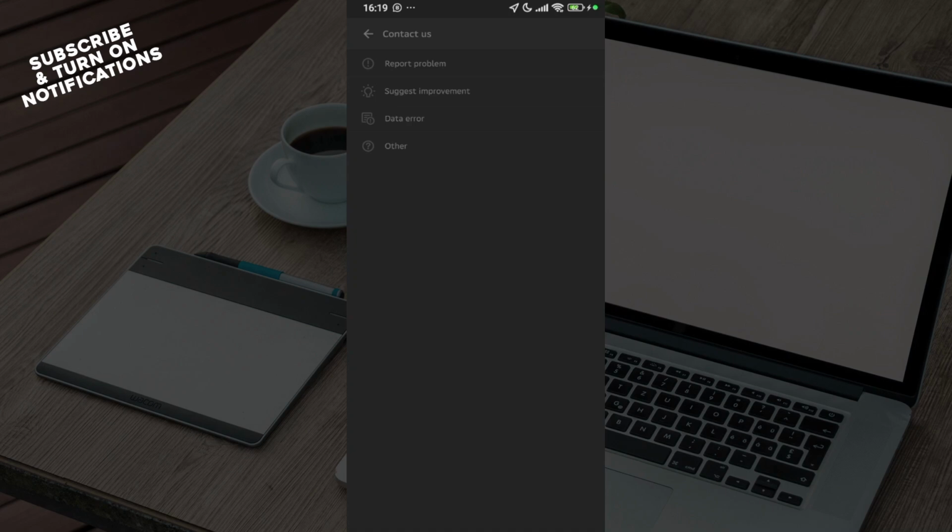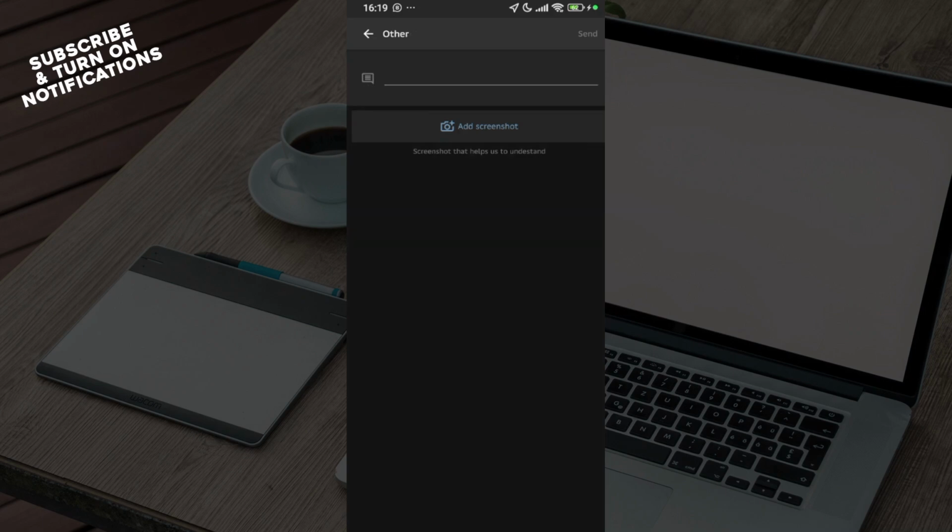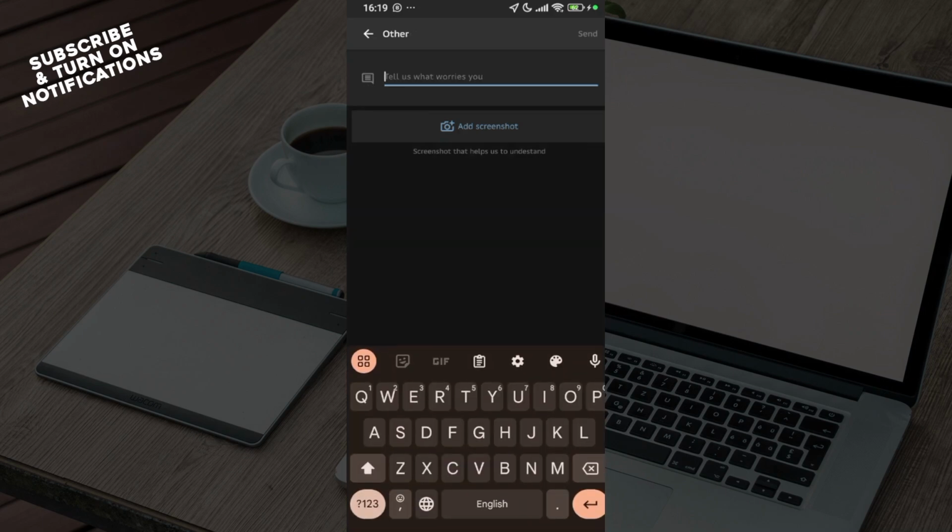And then you have different options. You have the option for you to report a problem, to suggest improvement, data error, or other. So select the category you fall under. If you cannot find the category, click on other, then click on the box here and then type out your